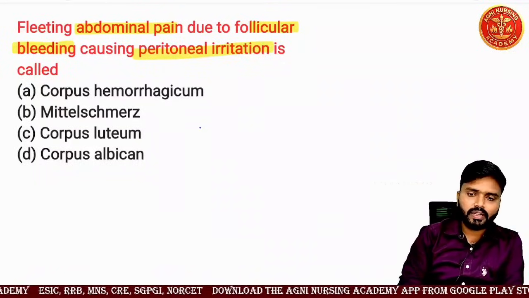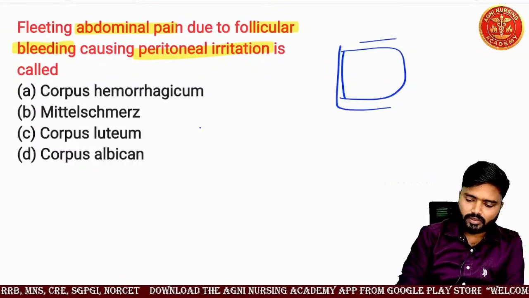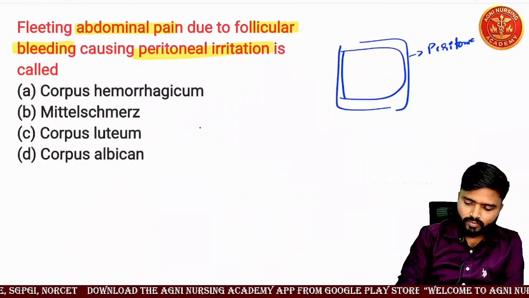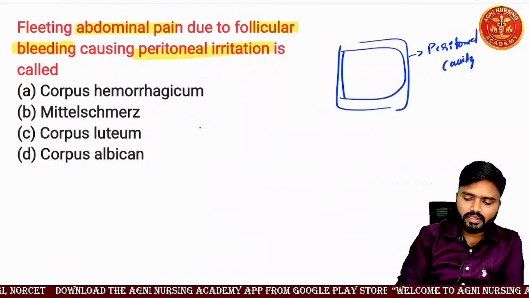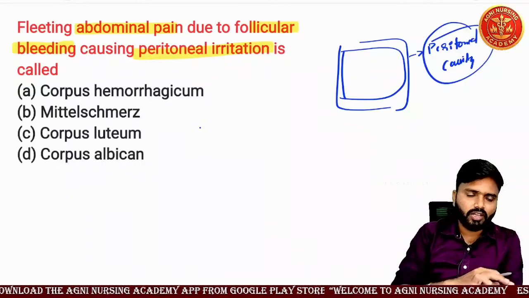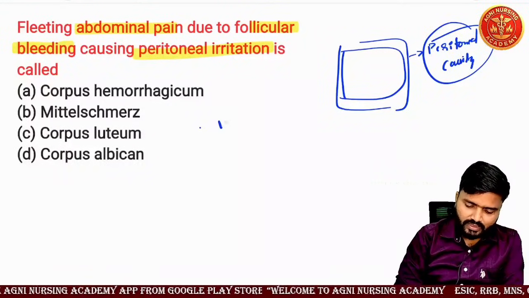So what is the meaning of peritoneal? The abdomen is covered by one cavity, so that we call the peritoneal cavity. Understood? It covers all the abdominal organs. So, for example, you can see here